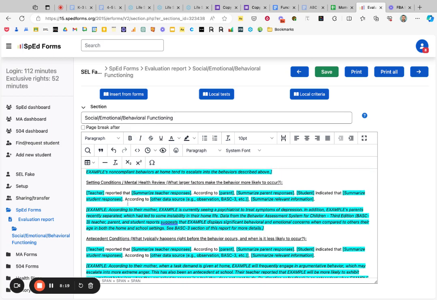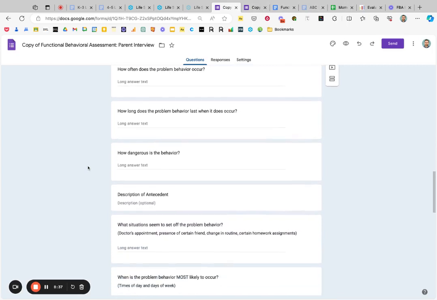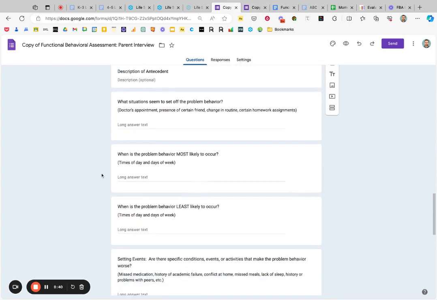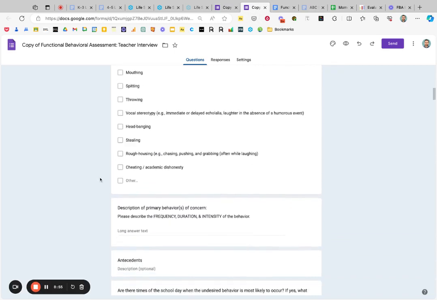Then setting conditions. So again, that is getting at the lighter fluid here, kind of the sleep, the medication, the dynamics with friends, just the background stuff that overall makes it more likely these behaviors are going to happen. And again, that is in the interviews. Setting events, there's an actual question for parents. So are there specific conditions, events, or activities that make the problem behavior worse, like missed medication, history of academic failure, conflicts at home, lack of sleep? That is in the